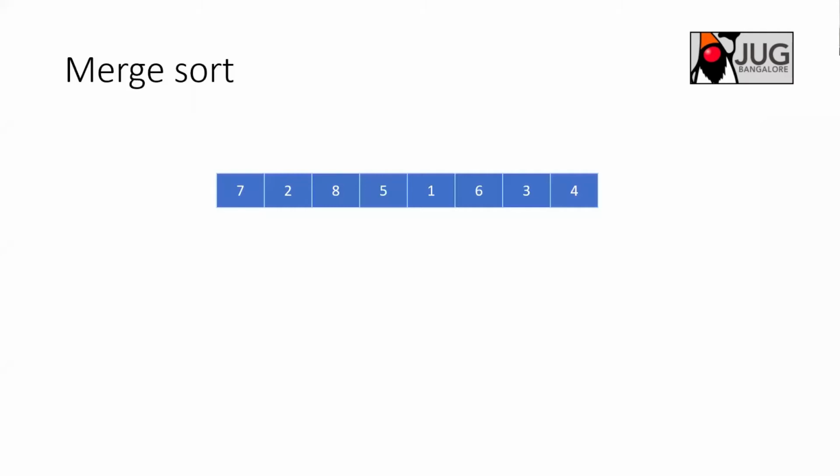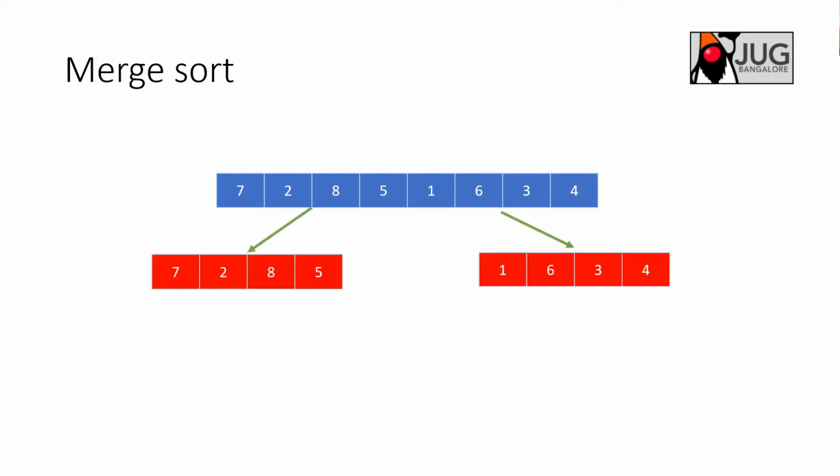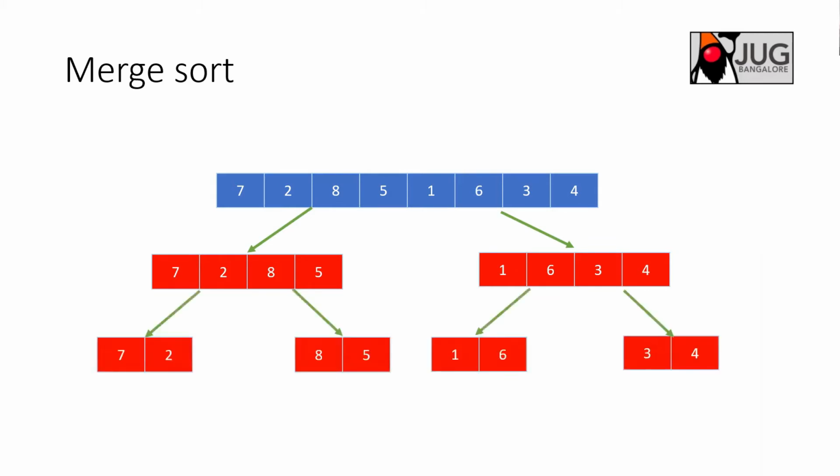Once you sort that array into smaller subarrays and reach a base condition, finally you do the merge. For example, let's take this as an example. What is being done here is that you divide this array into 2 subarrays, a left subarray and a right subarray, and then apply merge sort onto those. Finally you merge these 2 arrays, something like this.